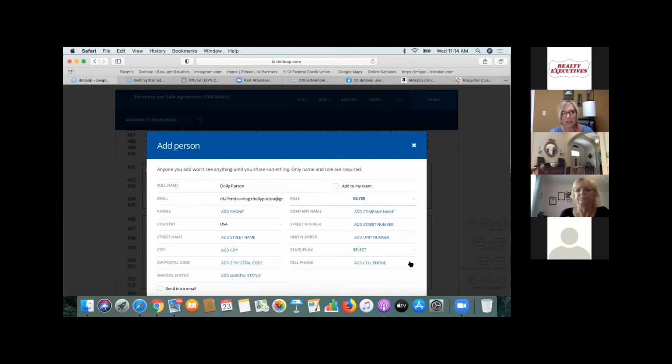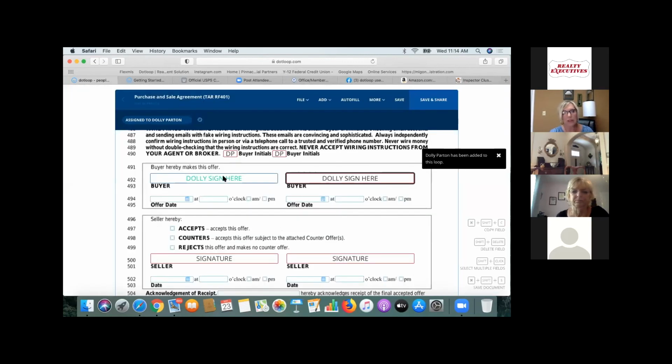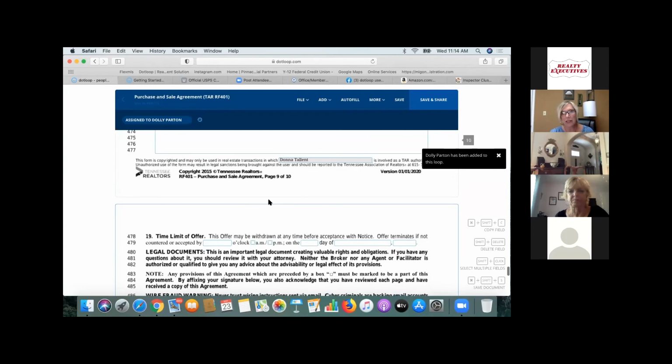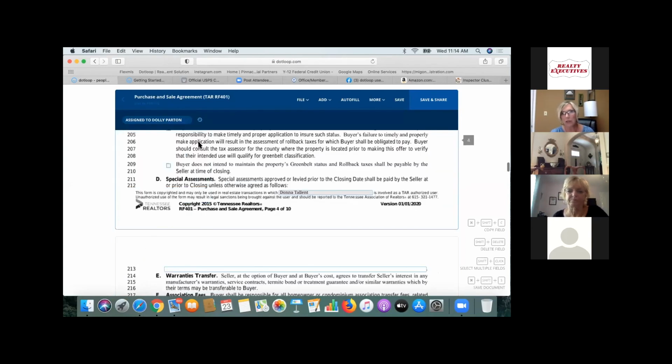Goodness gracious. If you've got a Mac, you never want to see that spinning wheel. Okay, so I've got Dolly assigned here. So like I said, Dolly's sitting in front of me, or Betty's sitting in front of me, and she doesn't want to have to go into her email. I'm going to have her sign her documents right here with me. Host in person signing. So when you've got a document open,